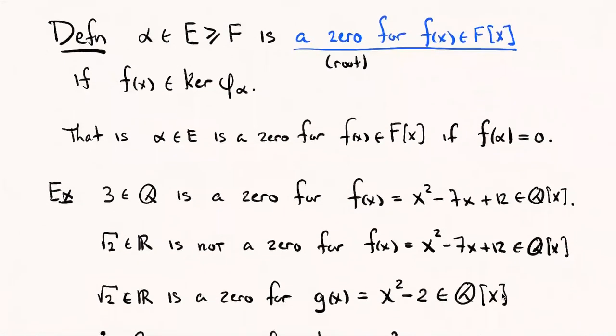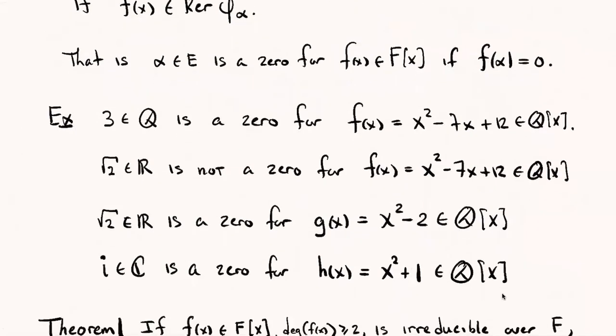So if you look back at our example, we proved above, you can rewind the video, that 3 is a zero for this polynomial, because when we evaluated it at 3, we got 0. The square root of 2 wasn't a zero for it. When we evaluated f at the square root of 2, we got a non-zero real number. Okay? I'll let you check some exercises here just to let the notation sink in. The square root of 2 is a zero for the polynomial x squared minus 2 over Q. The complex number i, here I really mean the complex number i, the square root of -1, is a zero for the real polynomial x squared plus 1 over Q. Okay,